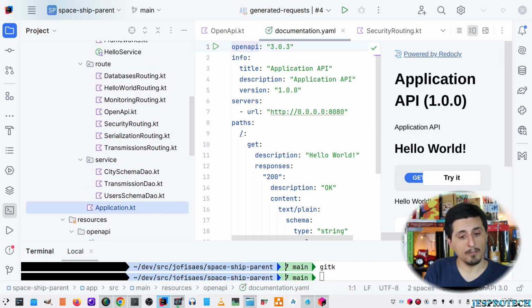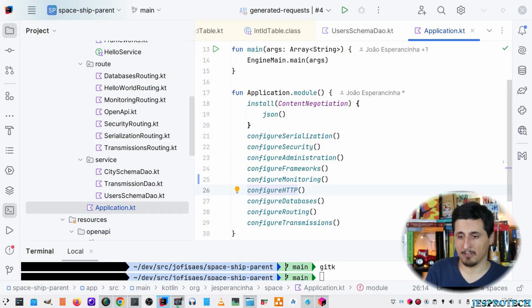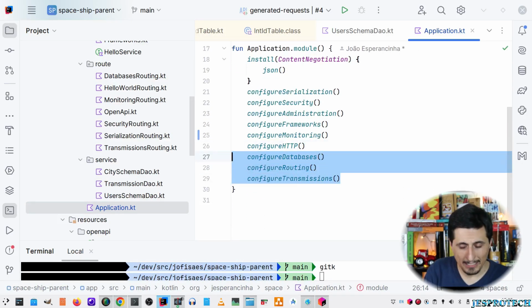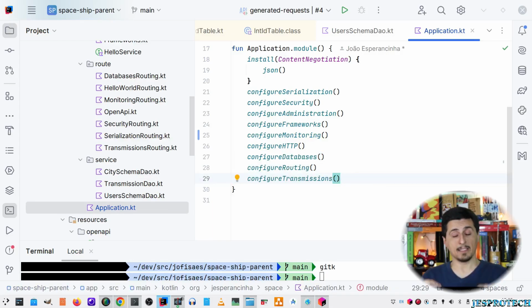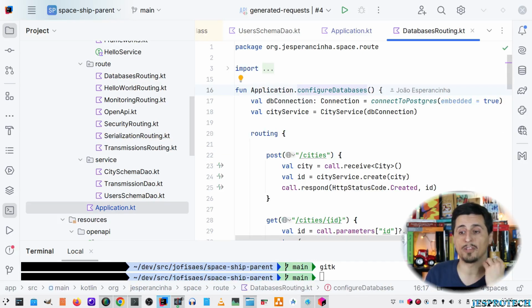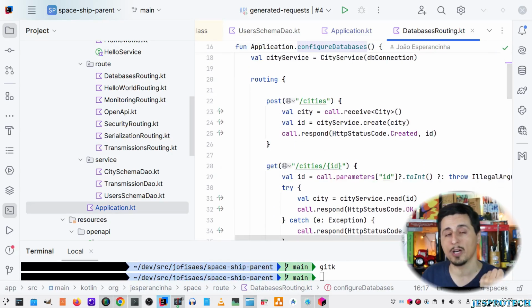So if we go further down into the configuration, we get now to the interesting part, which is the configure databases, configure routing, and configure serialization extension methods for application. This is important because right over here we've got all of the examples that we need to understand Ktor and the access to the databases. So first we go to configure databases, and here at the top we've got the first example that is generated for us in